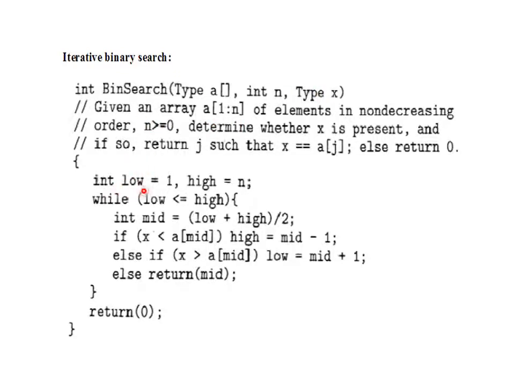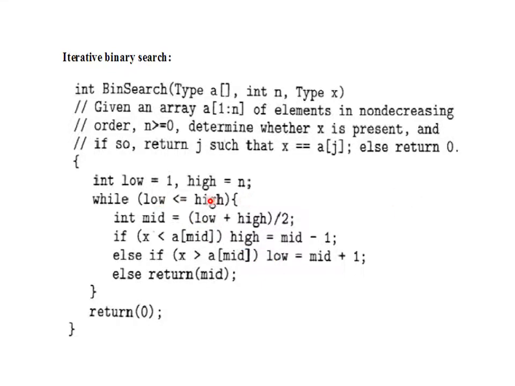So what we are doing here: we assign low equal to 1 and high equal to n, because assume that the index values start from 1, and the high value is equal to the size of the list, that is n. So if the number of items is 8, then high is equal to 8. This condition is within a while loop: while low is less than or equal to high. We have already seen this non-recursive or iterative binary search algorithm in our first module, so I think no more explanation is required.